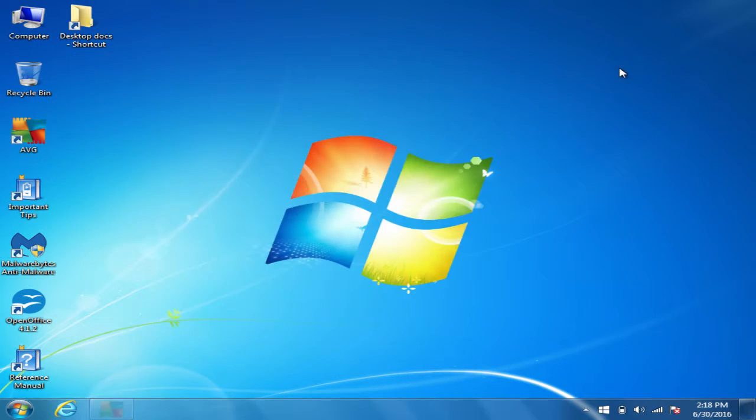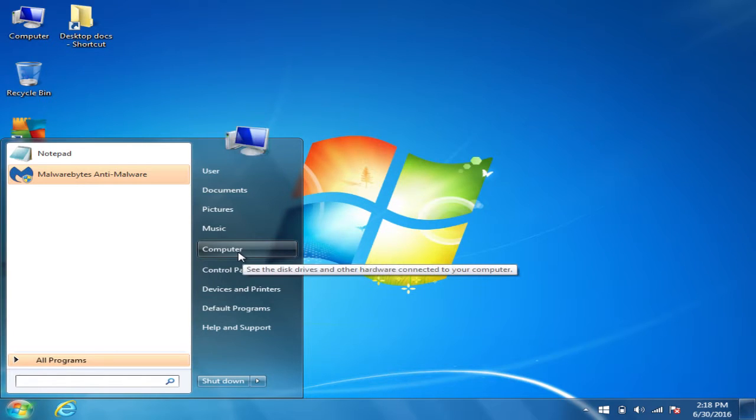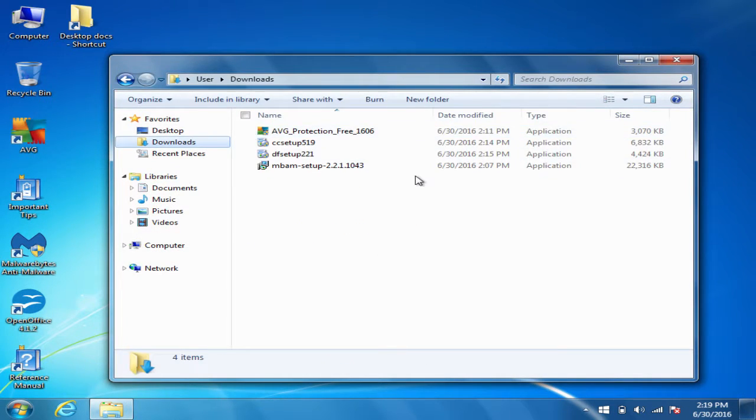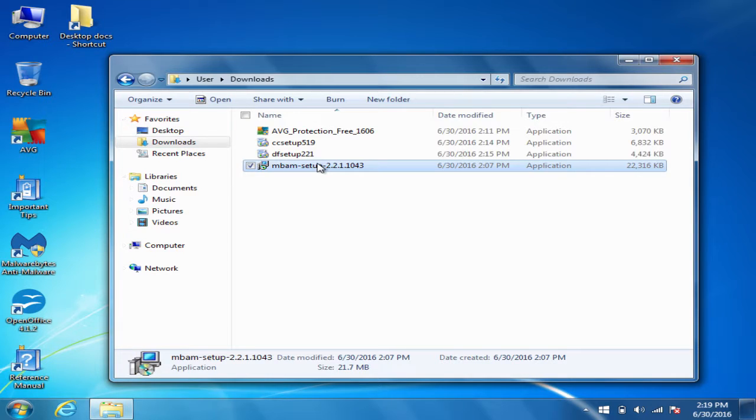So we went over running antivirus. We went over clearing up your desktop space, saving it elsewhere. Another thing you can do, you don't have to do this, but every now and then you may want to go in and, just to clear up space, delete any old downloads that you don't need. So for example, we already have the Malwarebytes installed.